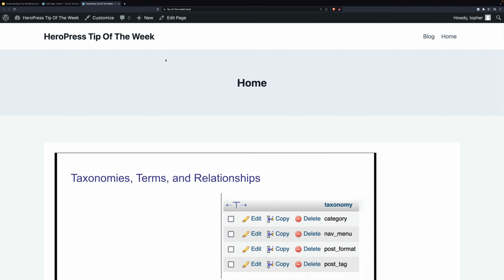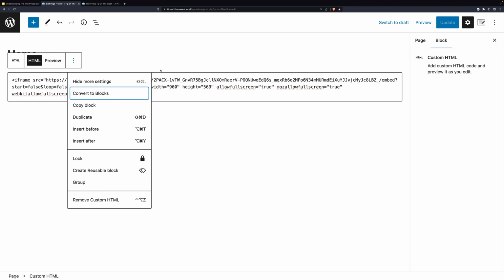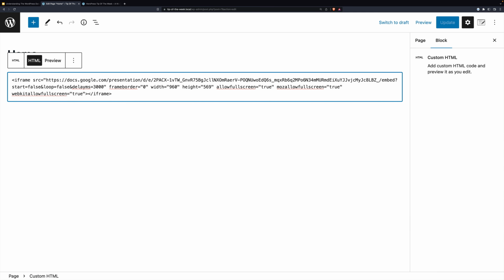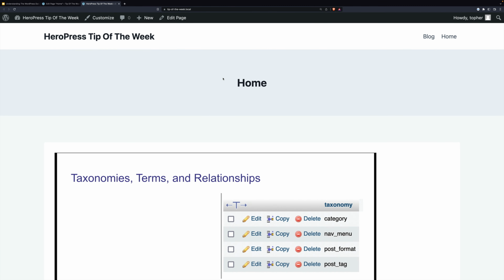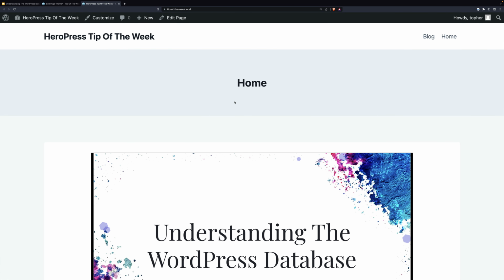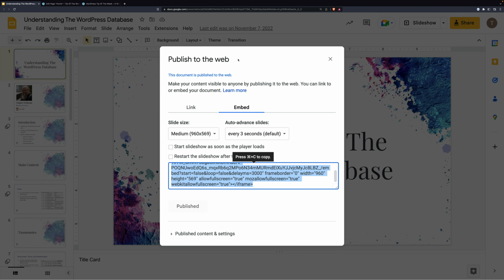Now, you'll see mine is not centered. And the block itself does not come with centering options. So I'm going to cheat and do it really old school. And so at the very beginning, I'm going to put in center. And at the end, /center. And I don't even think this is valid HTML5. However, as you'll see, it works. And so now that's centered. And that's all there is to it. You just go back, publish to web, copy the code, and put it in the HTML block.